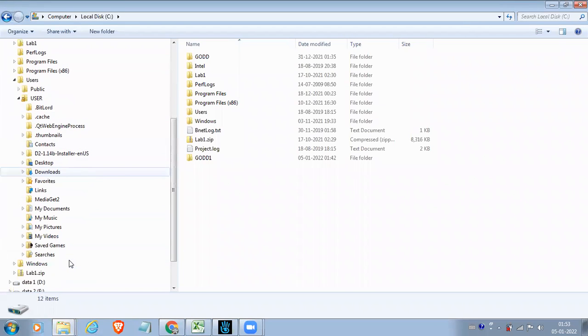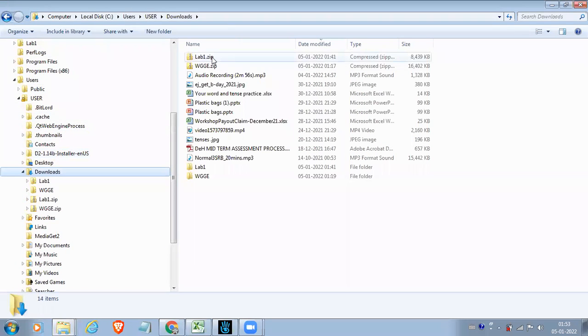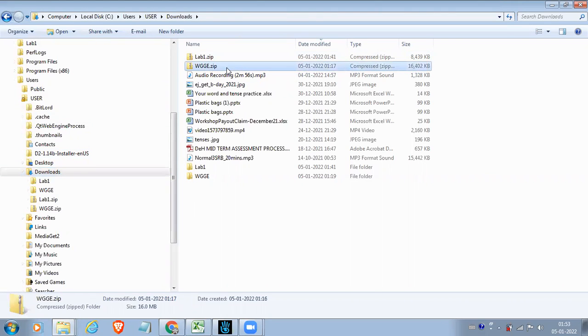So this will appear in the downloads folder of your computer. This is the downloads folder of your computer. You see this WGGE file here, which has appeared here. If your system settings are set in a way that downloaded files show in another folder, then that's where you should be looking for these files. Once this is done, you will unzip this folder